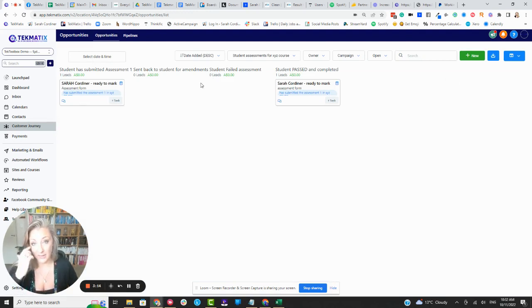So I've made a pipeline here, for instance, for something really simple. It could be a student submitting an assessment. So step one is they submit the assessment,